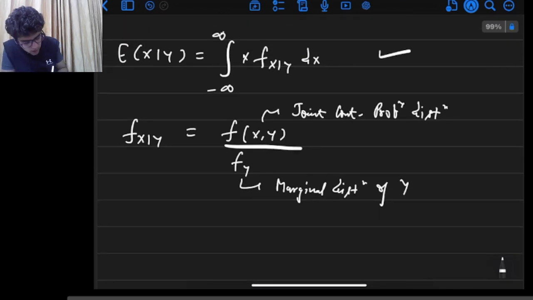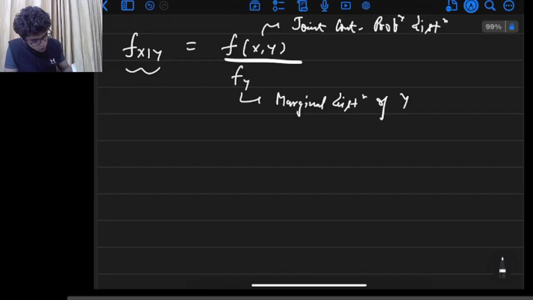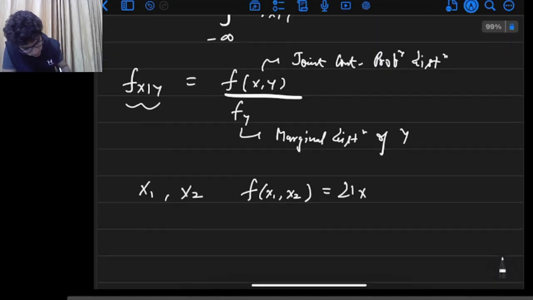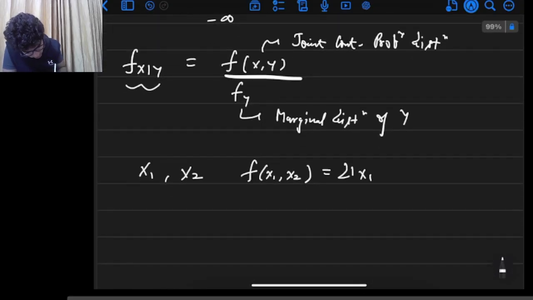So this is our formula for conditional mean and this is how we compute f(x | y). Now the variables that we have in this question are x1 and x2, and f(x1, x2) is 21 x1 square